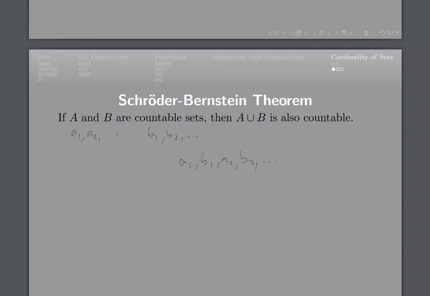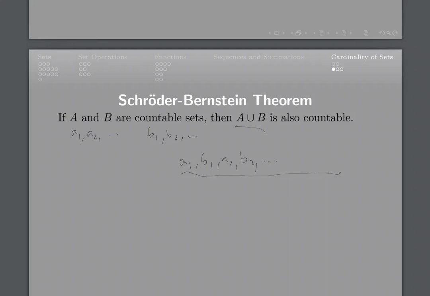And that would be a list. Now, the thing is, it's possible that the intersection is not 0. So what would happen here is you'd have a sequence where you have some repetition. That's equivalent to making an onto mapping from the set of counting numbers to the set A union B. And in that case, since we know that A is in A union B and B is in A union B,